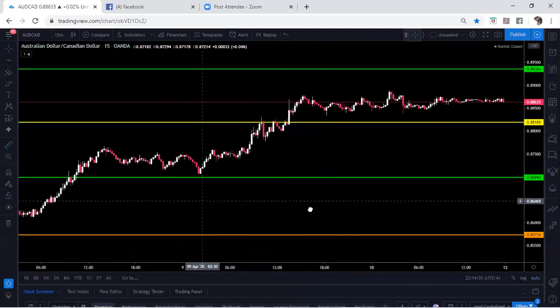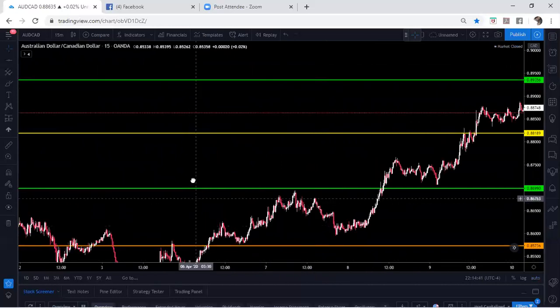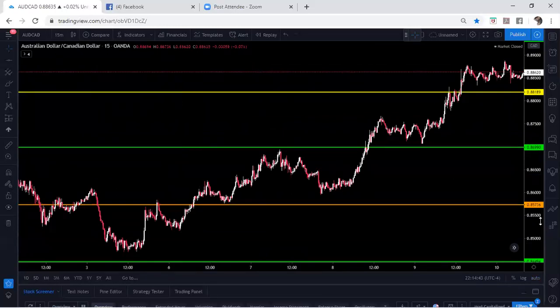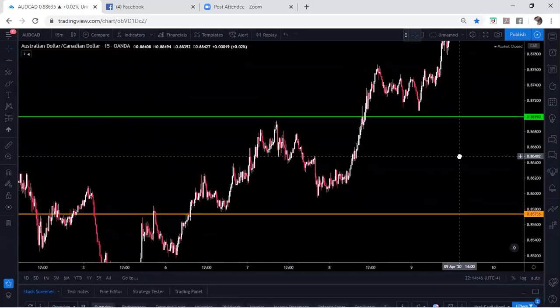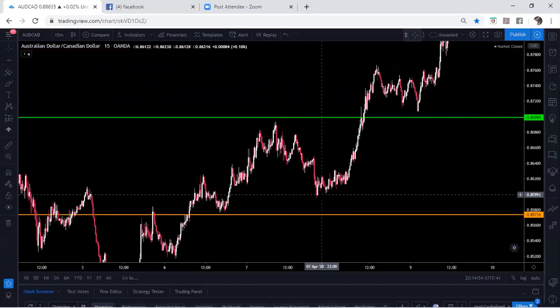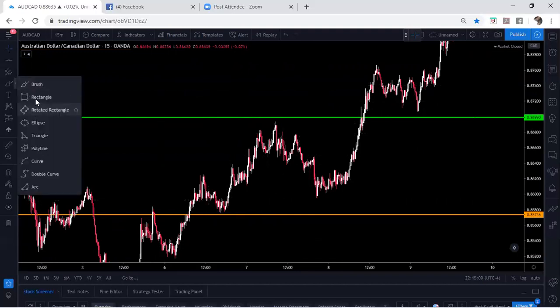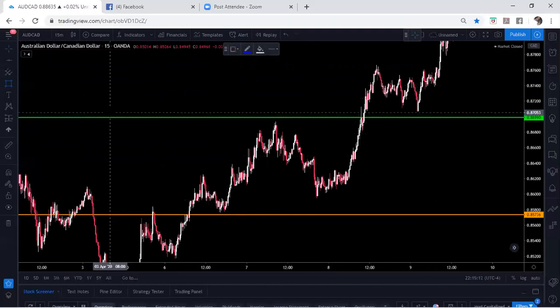Now, if you look at how price moves in between these zones, you can definitely see that when price comes up to the zone, it doesn't touch exactly. Right here, price did not exactly touch the zone before it left and went back down. Right here, price did not exactly touch the zone before it left and went back up. That's because these are not technically zones, they're horizontal lines. Now, if you want to go back and make it a zone, just add your rectangle to the